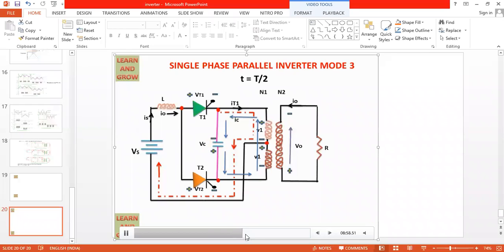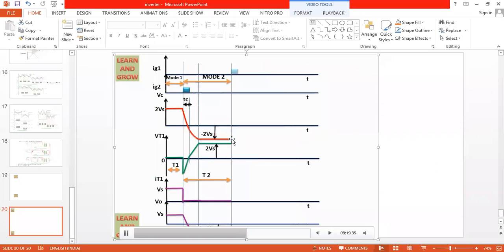So this is the explanation of these 4 circuits. Now you can see the capacitor, now what it has to do? It has to discharge. In the examination, Ig1, Ig2, this capacitor voltage and Vs you are supposed to draw. Now you'll see in the next mode, just now what we have discussed, the capacitor starts to discharge. The capacitor discharges from minus 2 Vs to plus 2 Vs, and this process continues. So this is the waveform we are supposed to show.